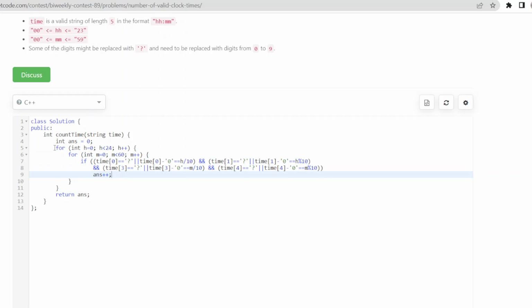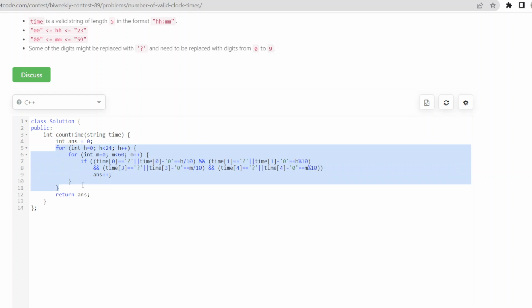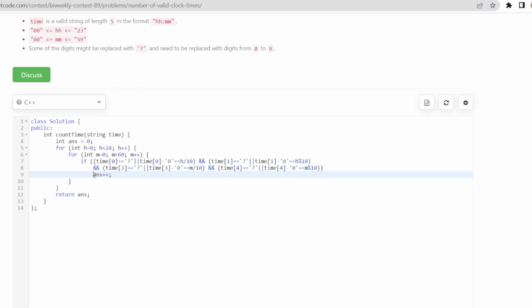The rest of the iterations will be for h, right? So for the first iteration of h, we will have h equal to 0. That will give us h modulo 10 to be 5 only when h is 5, right, and 15. When h is equal to 15, then all these conditions will be true, right? So our ans will store 2 and it will return